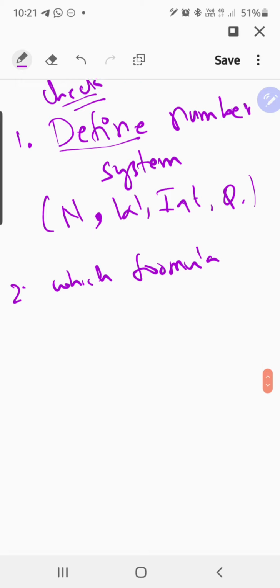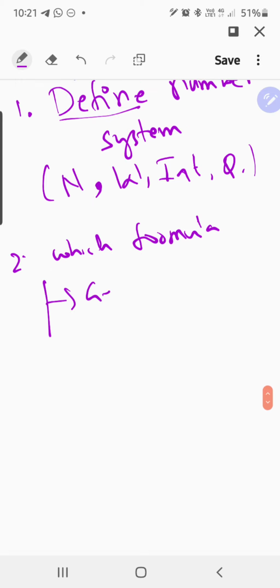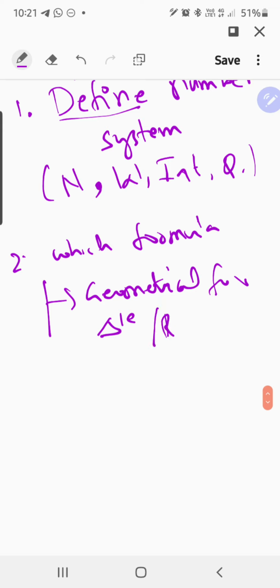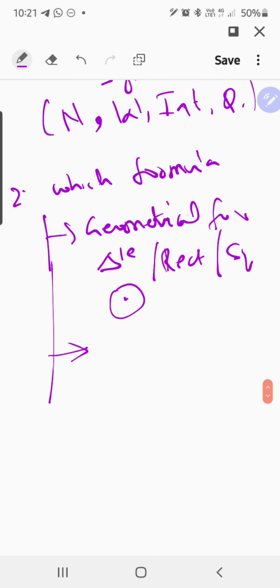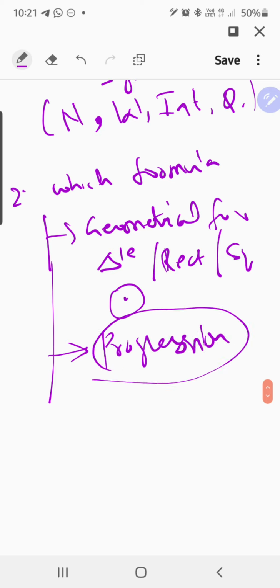Now here the formula means some geometrical formulas. What do you mean by geometrical formulas? Whether they are following triangle or not, whether they are rectangle or not, whether they are squares or not. Like this I am talking about. Circles, we can talk about later. This is geometrical formula. And you have one more formula that is called progression series. Inshallah we will cover this in our chapter and you will get to know what this progression is.